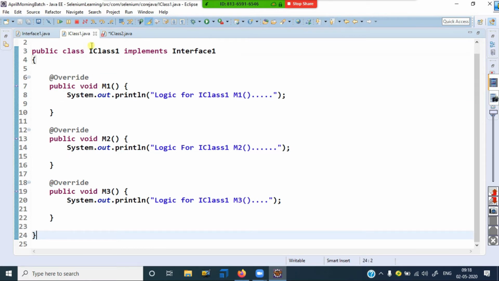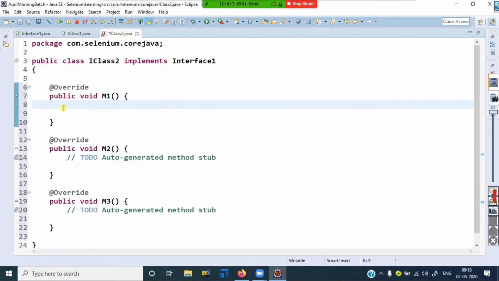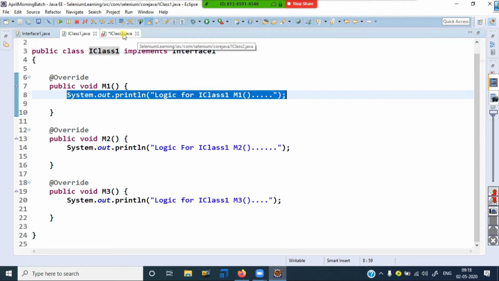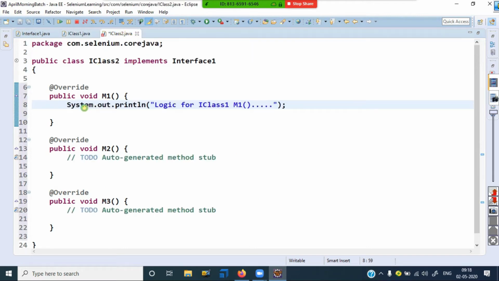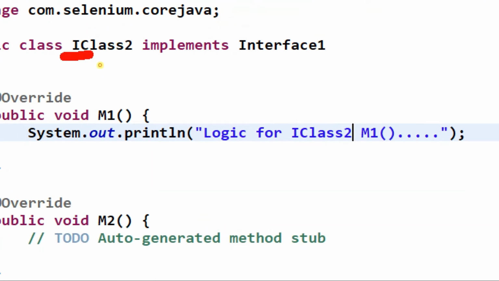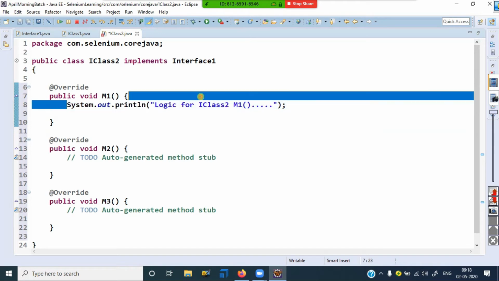The difference is that I class 1 related method 1 is one thing, but this method 1 belongs to I class 2. I can copy paste here so you can understand. This is I class 2 method 2, because this is under I class 2 method 1. That's how we can understand. Same way I can write here.